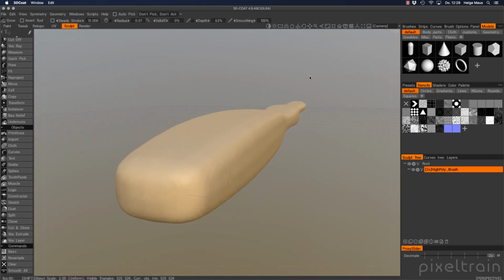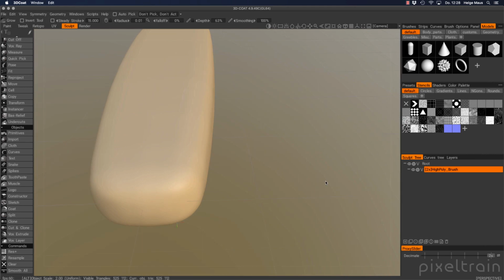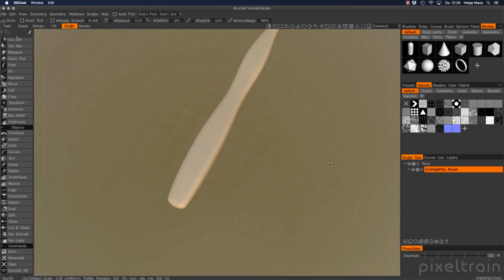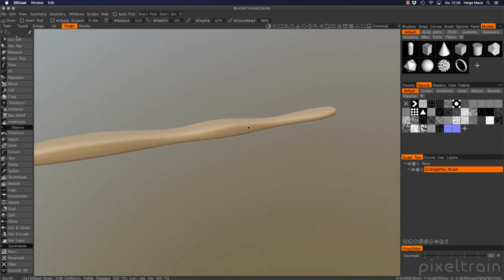You see here that we have these jagged edges. And if you now click Smooth All, you see it get rid of that. And we do it a little bit more so that we get a nice smoothed surface here. Great. Next thing we maybe want to do is sculpt something onto that,